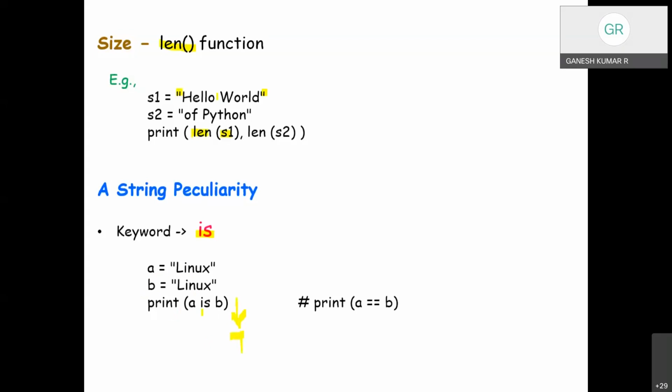The same function is similar to the equal operator we had seen in the logical operators. A is equal to B, and the result will be either true or false. So the operator is is also used for this purpose.